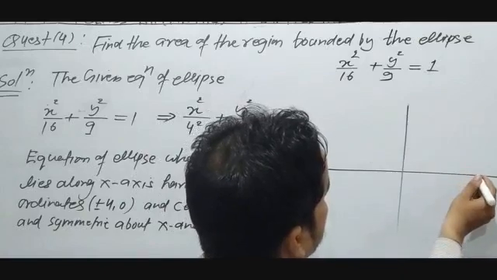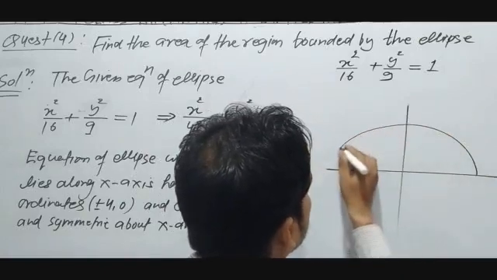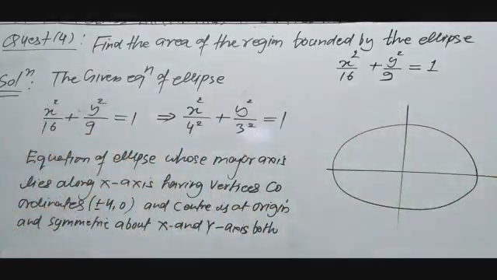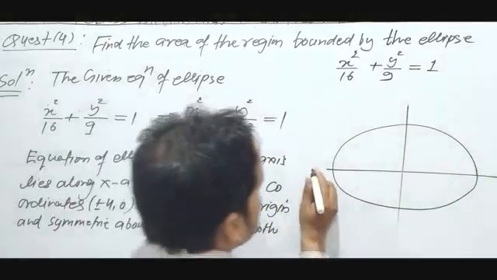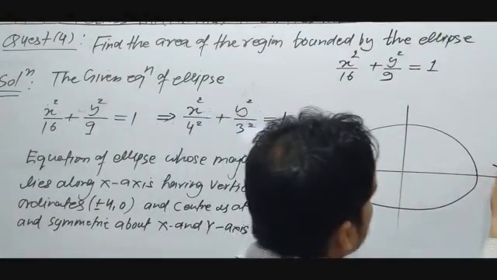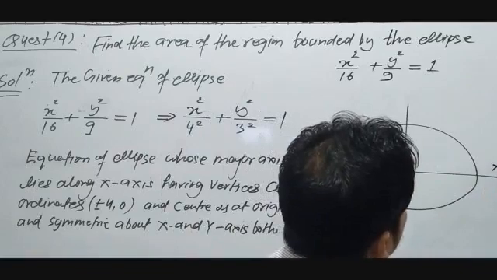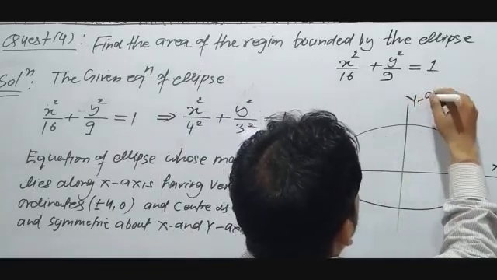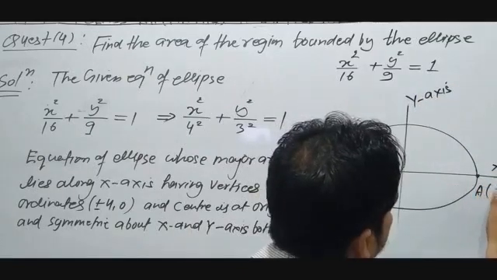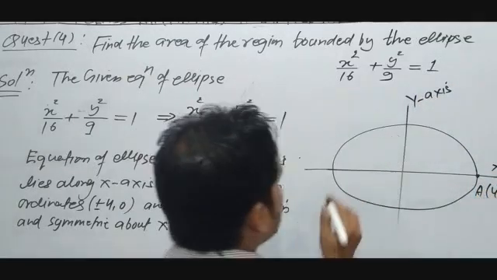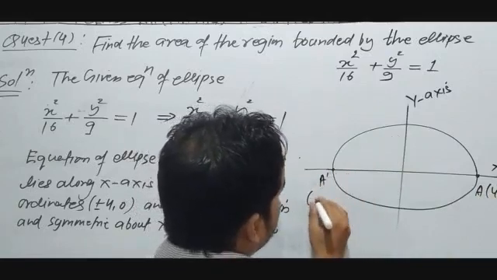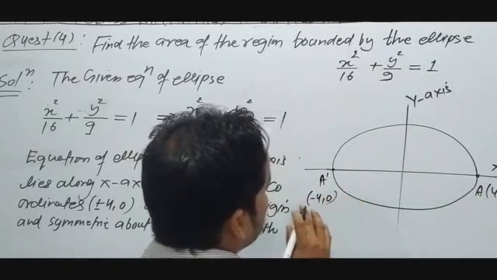So this is the equation of ellipse whose major axis lies along x axis, minor axis lies along y axis, vertices coordinate is 4, 0. This A dash coordinate will be minus 4, 0,